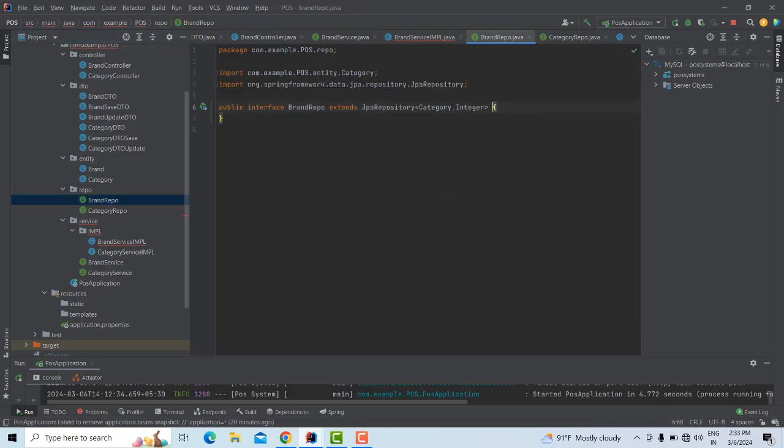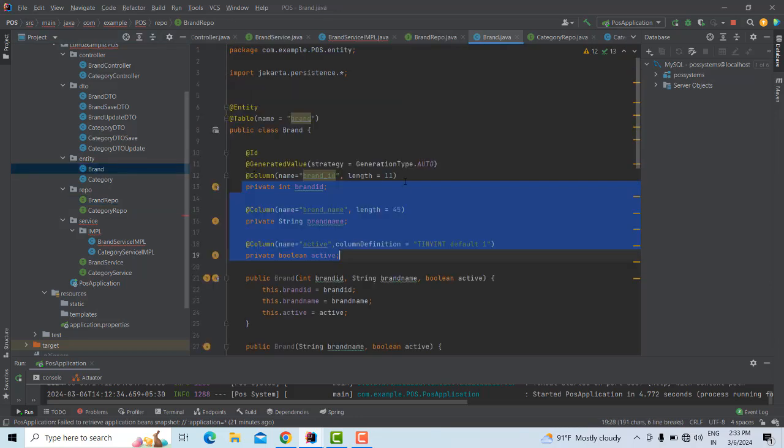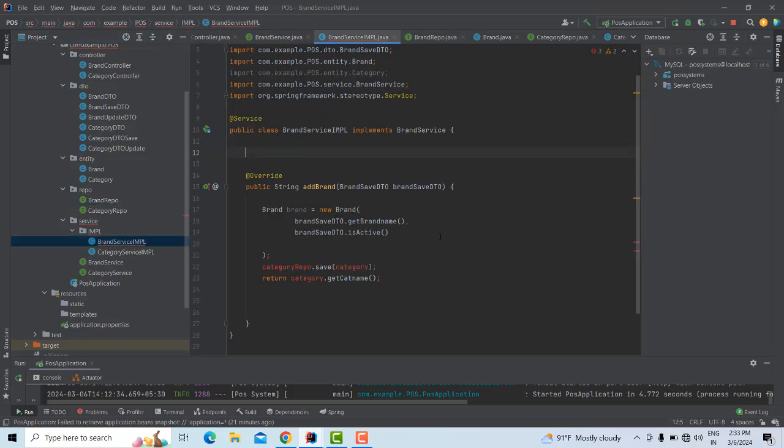That's it, that's the thing we have, right? So this one should be the brand, right? All the CRUD operations are managed by this one. Press the enter key to implement your brand. This brand is the entity. Okay, the brand entity. This is the integer, meaning the primary key. If the primary key field is an integer, you write integer here. If it's a long, you have to implement it over here as long. I have written integer, so that is integer. Right, perfect. After that, what you're going to do is you have to auto add